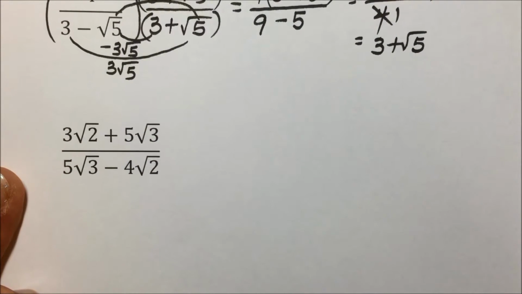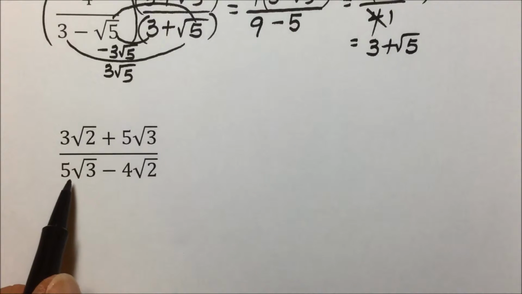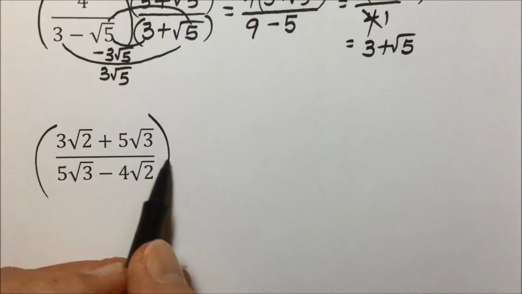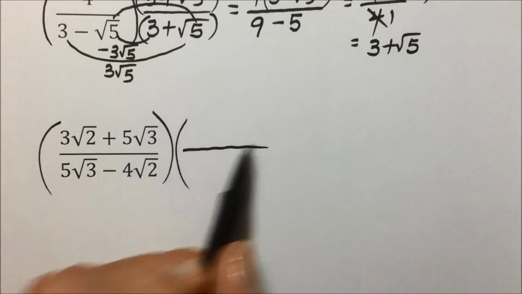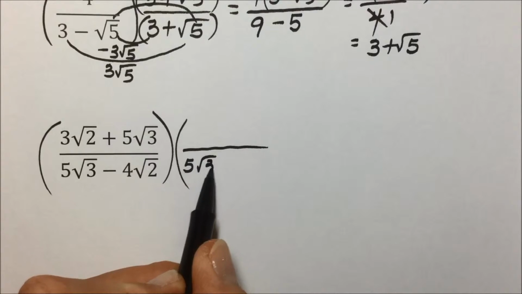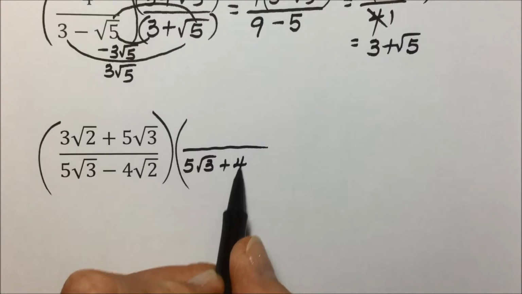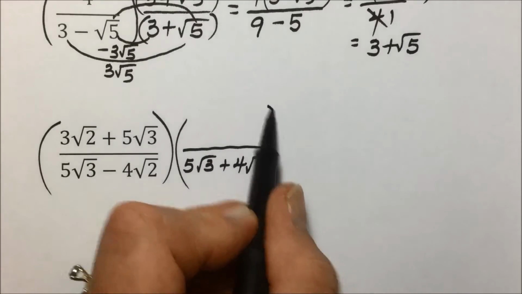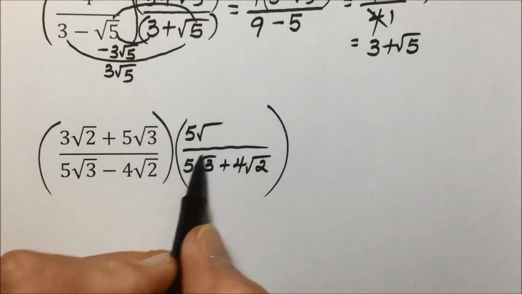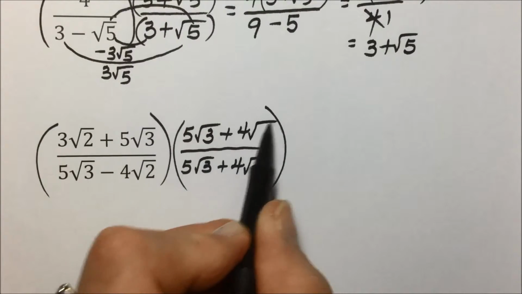In this next problem, they're asking us to rationalize the denominator here. So to do that, we will multiply by the conjugate of the denominator, and the conjugate of the denominator is the same first and second term, but the opposite sign. So instead of a minus, we'll put a plus between those two terms. And to maintain equality, we'll multiply the numerator by that same expression.